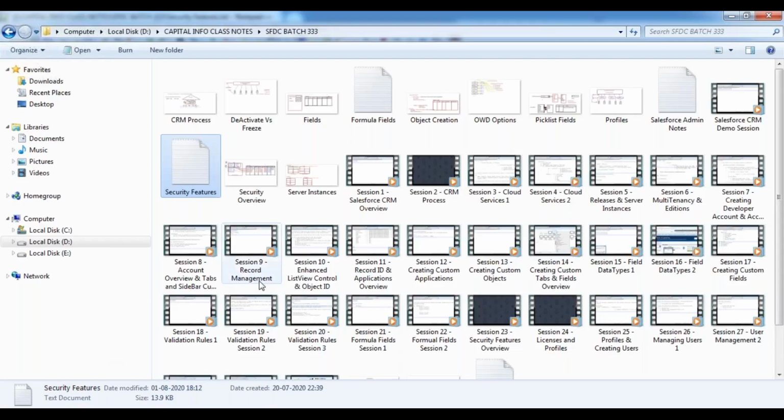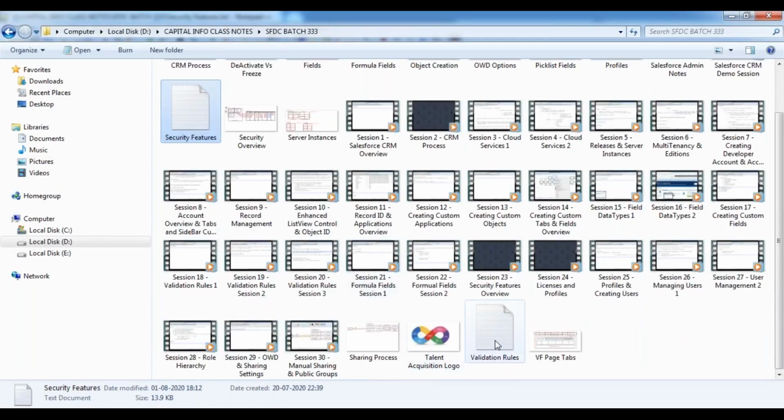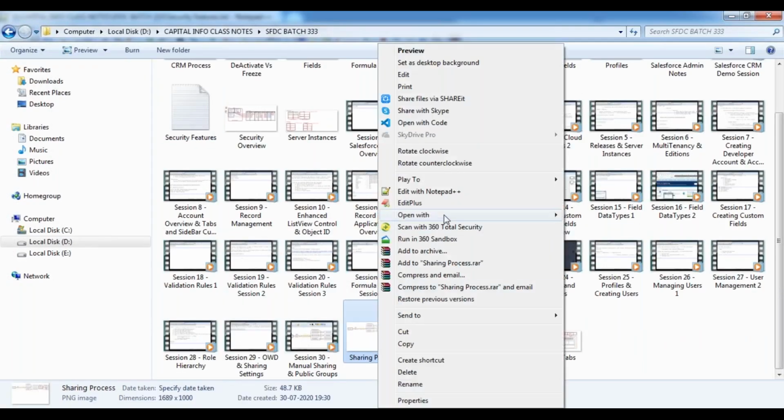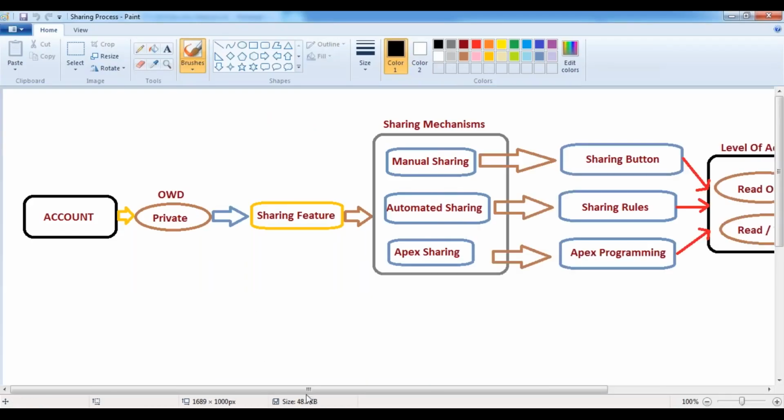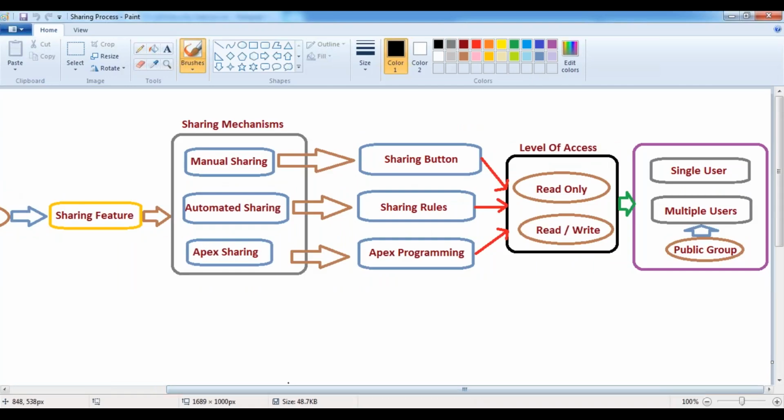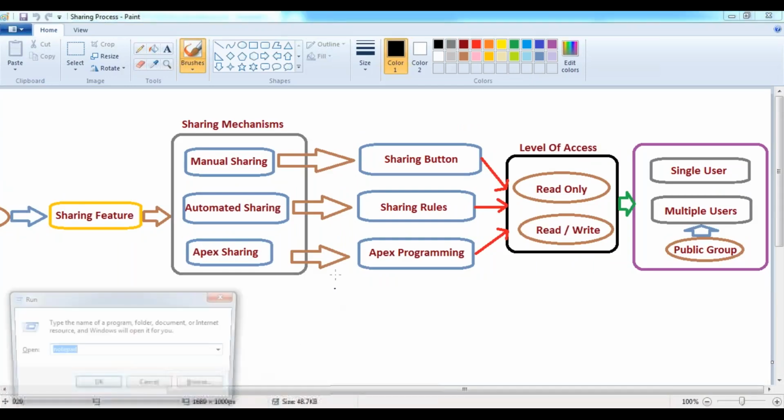Now let's see that concept, how to do the sharing process. Okay, now let's see the practical part. How can we do that? For example,